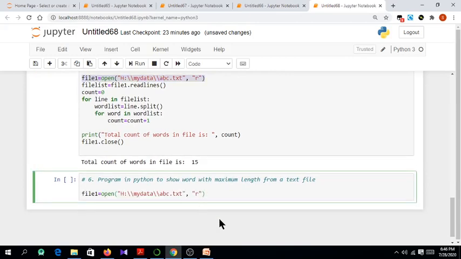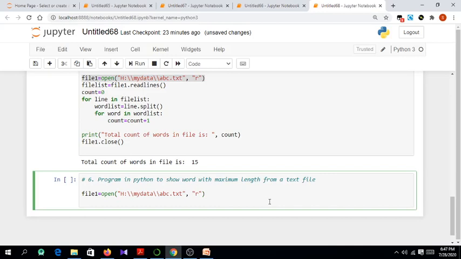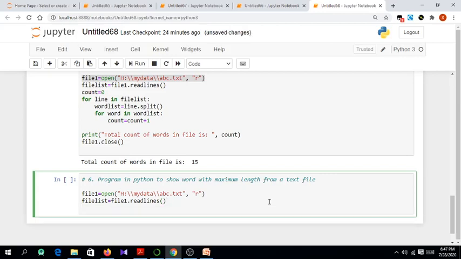So I have opened this file, and then let me read this file. Suppose data, same file list. I'm going to use the same name as the previous program because I'm going to return a list here. Of course you can give any name. Using readlines I'm returning a list where each line is present as an element. Suppose max: initially I have taken a variable max which is 0, assuming for now, before reading the file, my maximum length is 0.